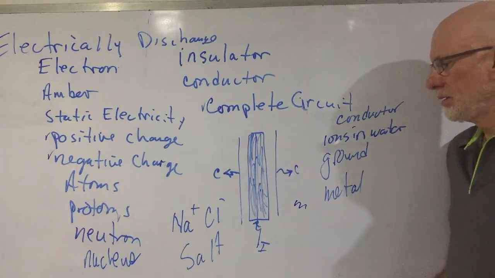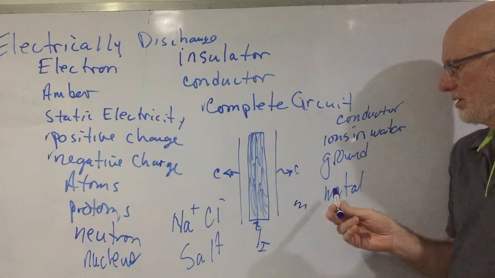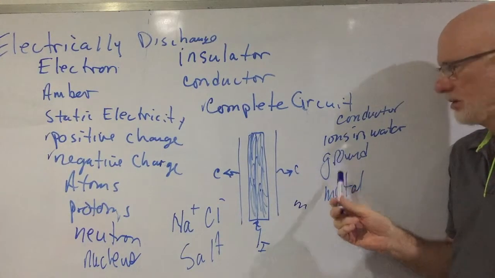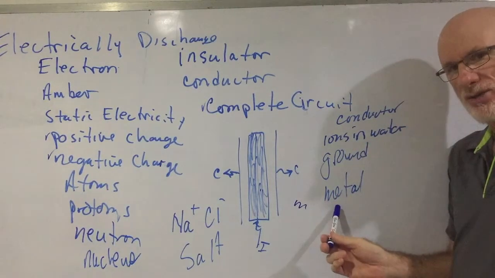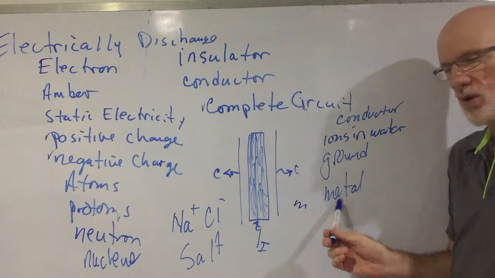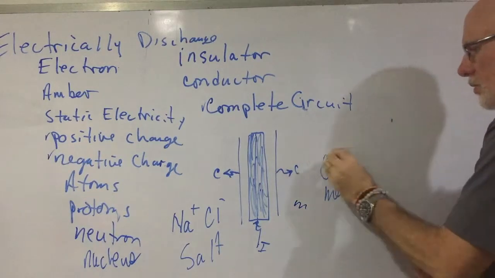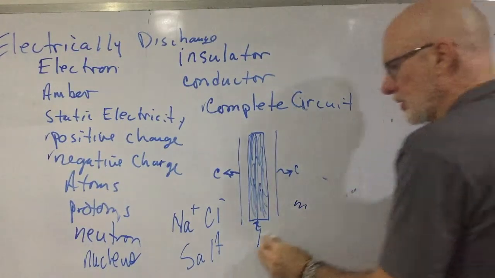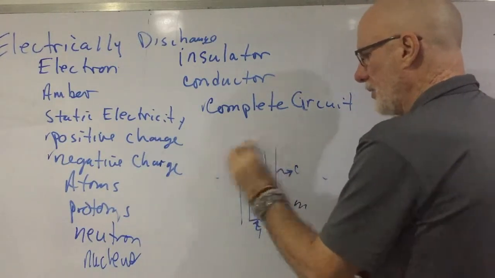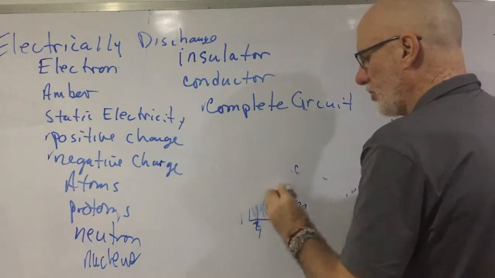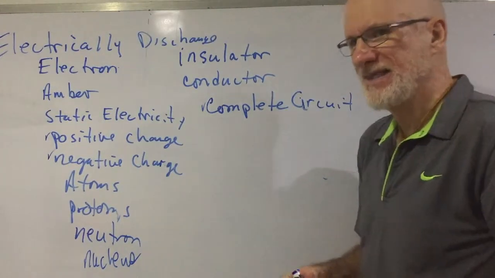So, you can have the ground, you can have metals, you can have ions in water. These are all conductors. Understood? Conductors will allow electrons to flow through them. What does that mean? That means that